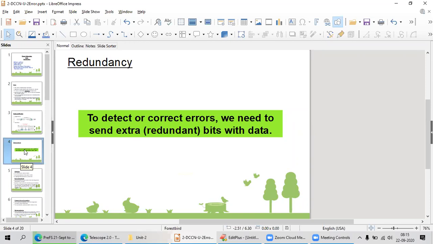Remember: redundant bits or parity bits I add to my information, so that at the receiver end he will understand which are the redundant bits, and according to that structure he will understand. We are going to discuss in the next slides what parity is, how you correct, and how you detect the errors in your actual data.